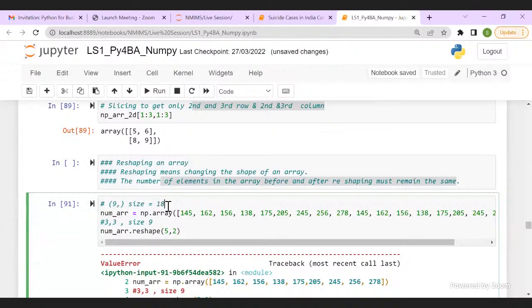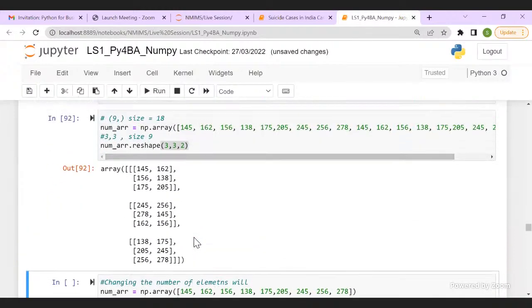So I have increased the number of elements to 18, and I try to reshape it to 3, 3, 2. 3 3s are 9, 9 2s are 18. So when I reshape these 18 elements into 3 dimensions, I'll get my 3D array.